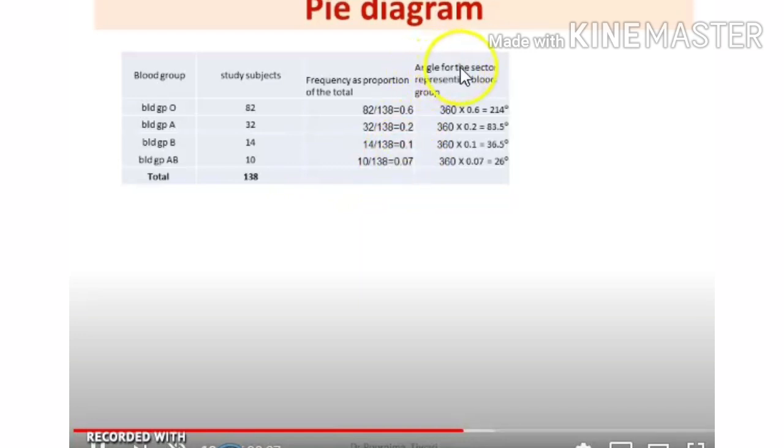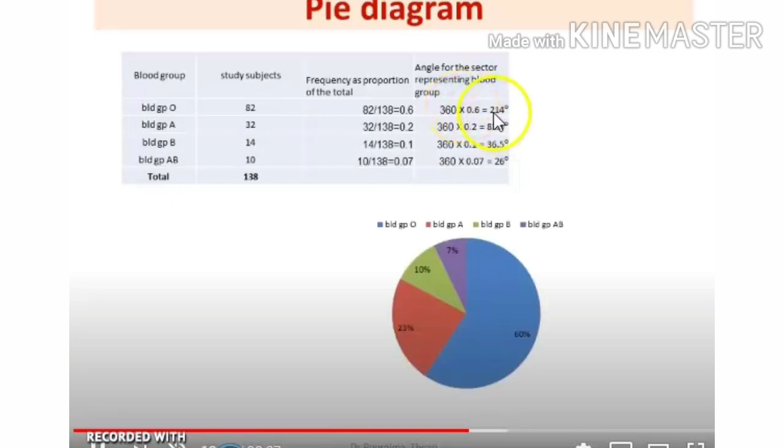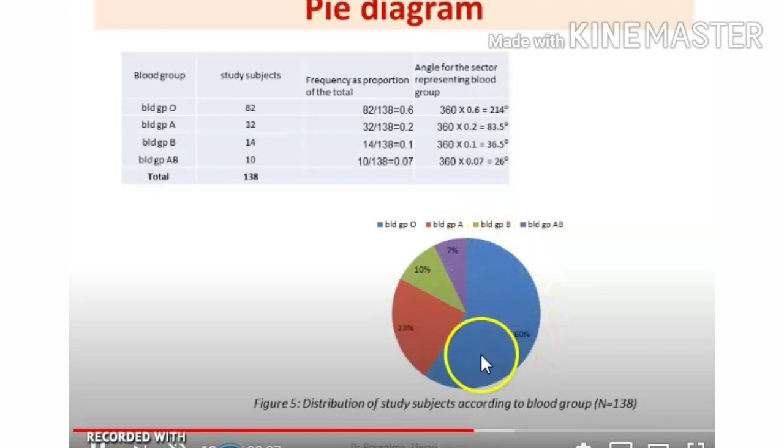Next you have to find the angle for the sector representing each blood group. So it's blood group data, and you have to find the angular representation in the pie chart. So you have to multiply the given proportions by 360. So for plotting in the circle, you will get 214, 83.5, 36.5 and 26. So like I told you earlier, you can plot the groups